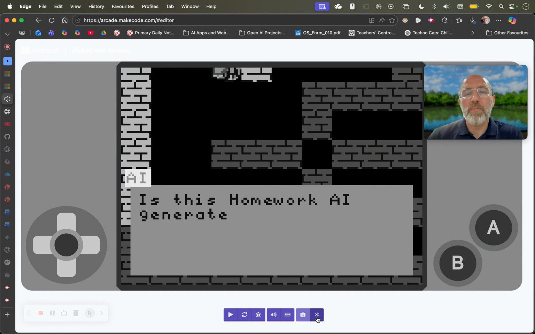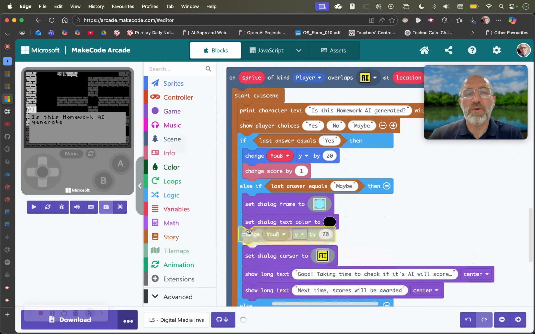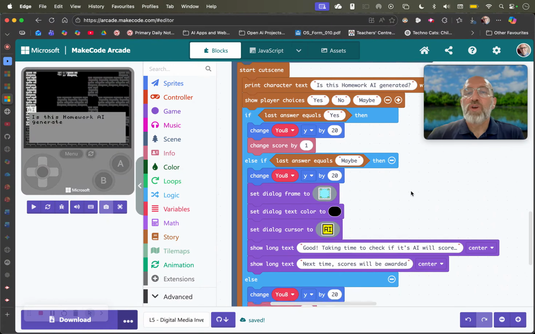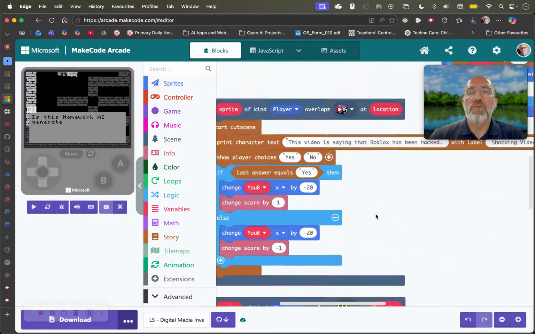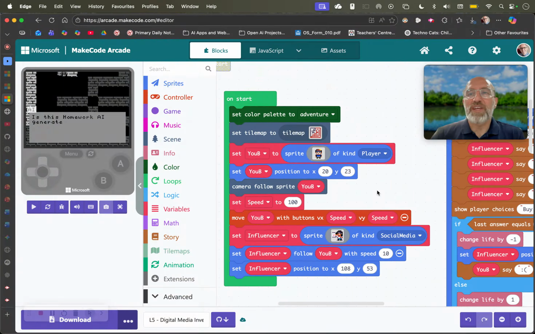Now, as you remember, we need to make sure that we're in that loop. So we need to make sure that that is in here too, so that my character moves away from the actual object. Now, if you want to find out how we move our character automatically at certain points of the game, when you go into the next level, because this block here is just temporary, what we really want to do is make sure at the beginning of our game,